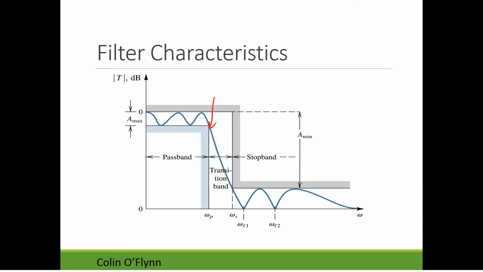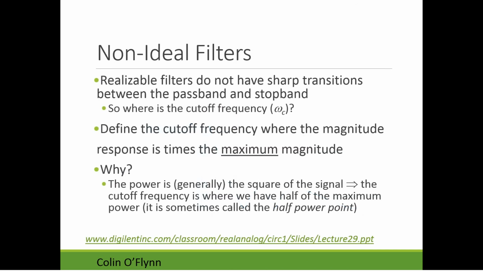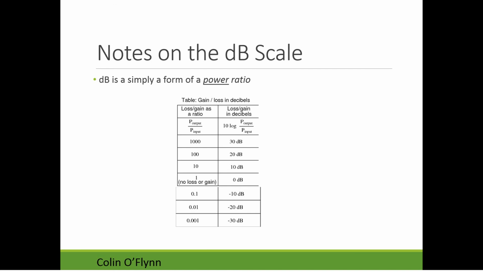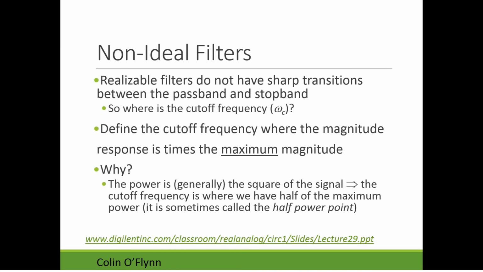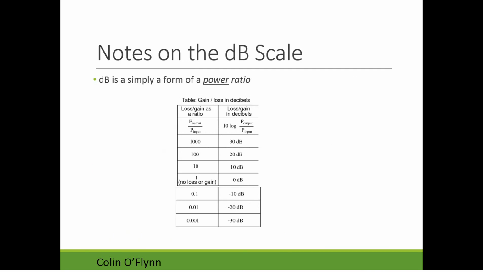It looks a little weird on this diagram because we're using something called decibels. A very brief note on the decibel scale: it's a form of power ratio. When we talk about filters, we'll be using this notation of ratio of powers. What's the output power when we put a 1 kilohertz signal in? What's the output power when we put a 10 kilohertz signal in? Stuff like that. Decibels are very simple. We have an output to input power ratio.